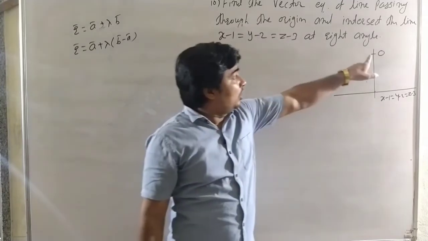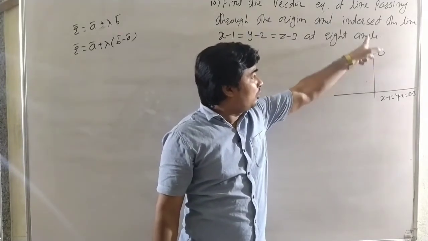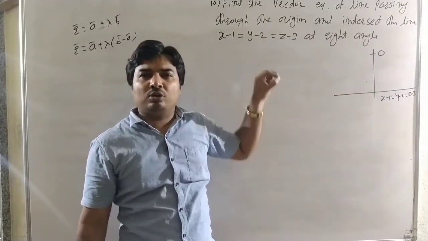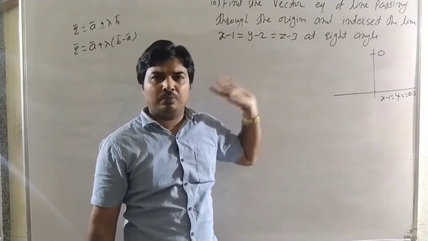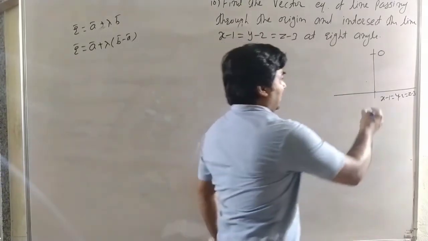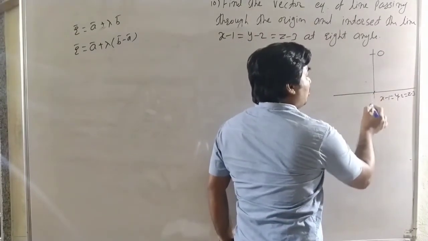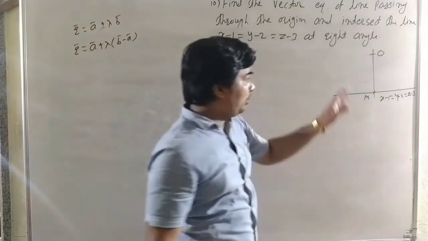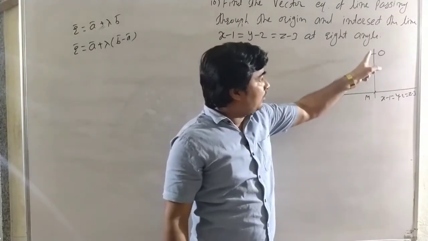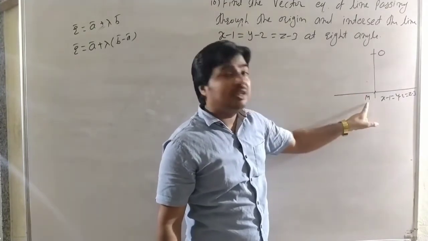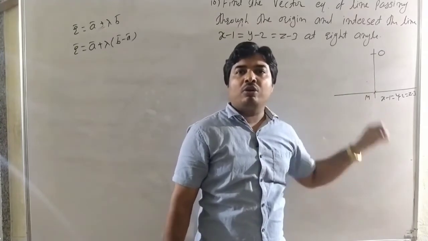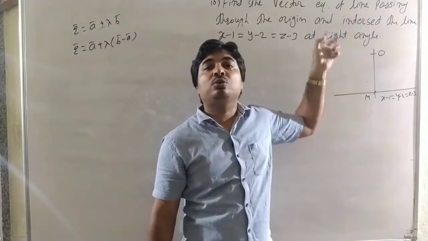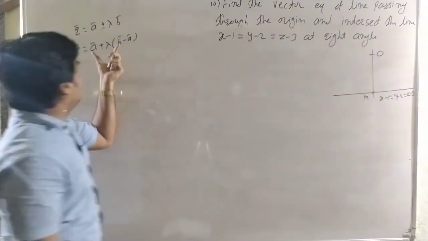Now we want to find the equation of this line passing through the origin. Therefore we need to know 2 points on the line, or the direction ratios of the line and 1 point. Here 1 point is given. Then this is the foot of the perpendicular, say M. The required line passes through points O and M. When we know the coordinates of point M, then we find the equation of the line passing through 2 points by using this equation.